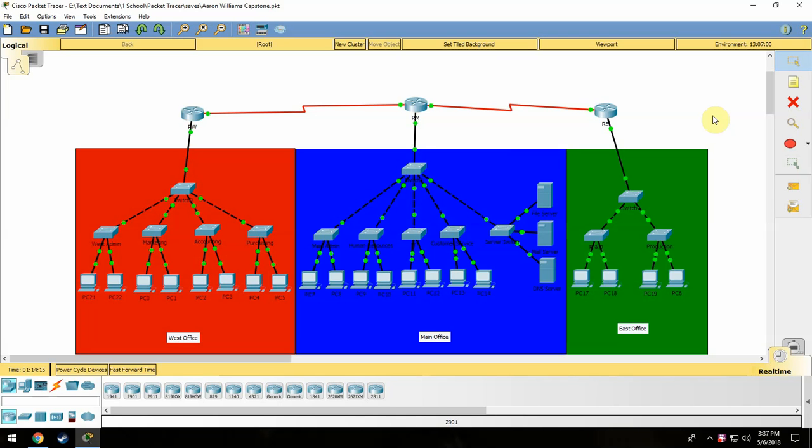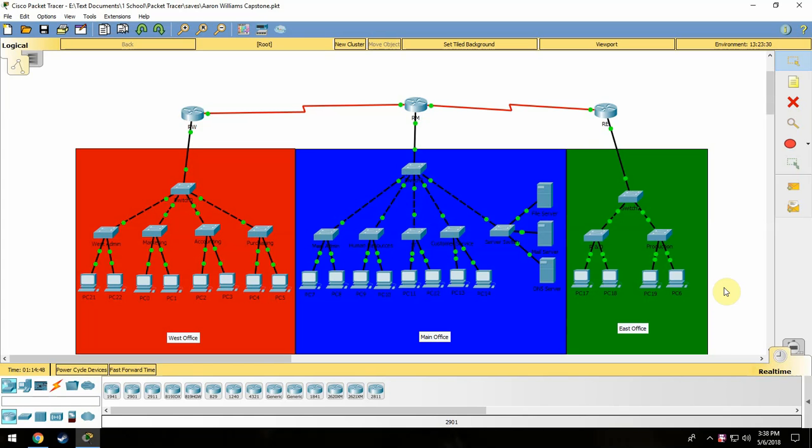Hey everybody. So this is the network that I built, the enterprise network that I built for my Capstone project. And basically the need that this is solving is a company has three different office buildings and somehow no computer network. So they hired me on to implement this virtual network in Packet Tracer using network best practices like making sure it's secure with different protocols, making sure it's efficient, there's not a bunch of packets roaming around in circles,